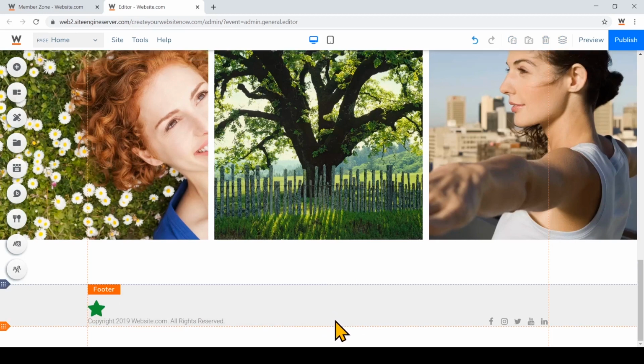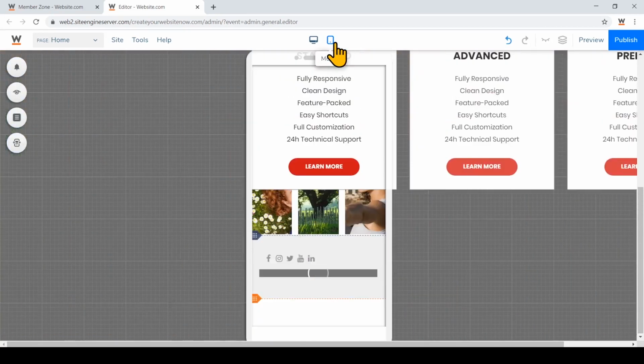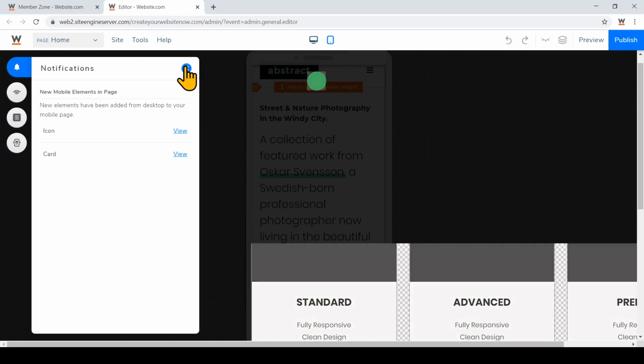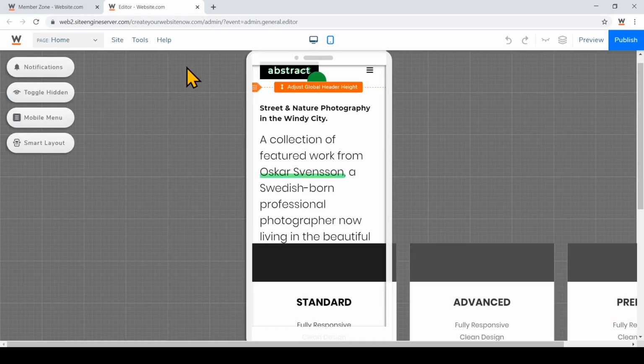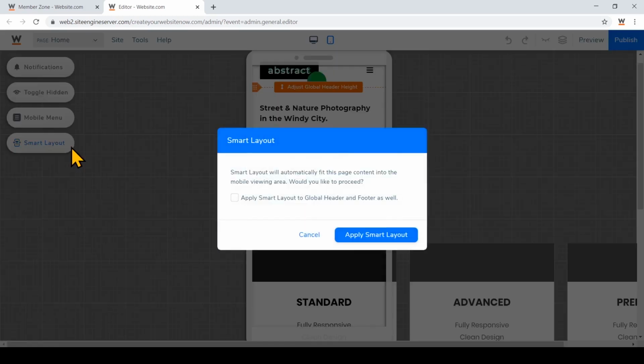Once your desktop site is complete, don't forget to optimize your mobile. Just click on the mobile icon at the top of your editor. You can manually adjust and resize your elements, or you can click on Smart Layout to automatically fit your elements